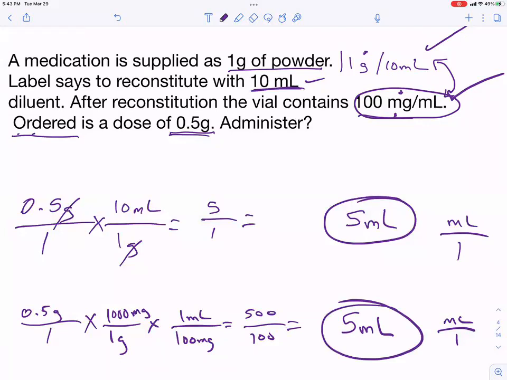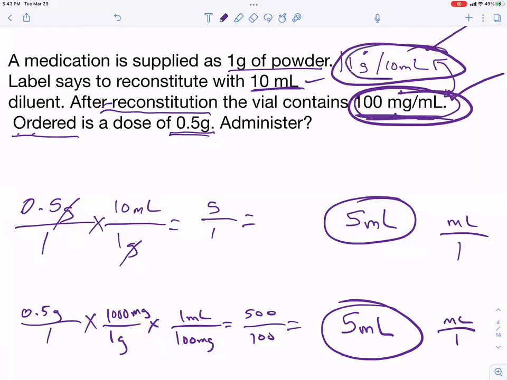I just want you to be aware of this so you don't try to use both of these in your problem. All right, it's one or the other. It's telling you after reconstitution, the vial also contains this, which is exactly the same as 1 gram and 10